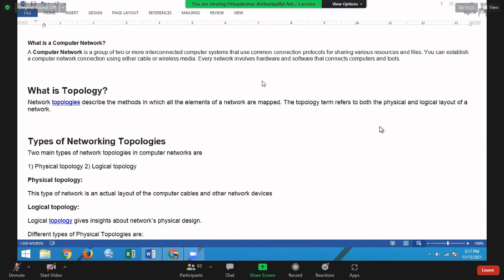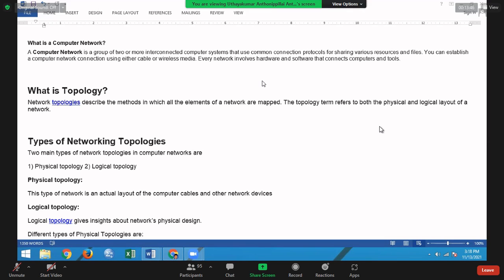But what is the next step? Every group wants to see what's available in the next group, right? So that is the way the network emerged.